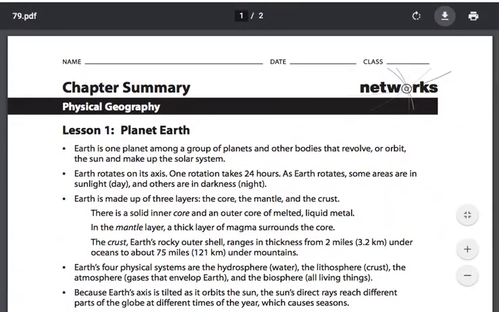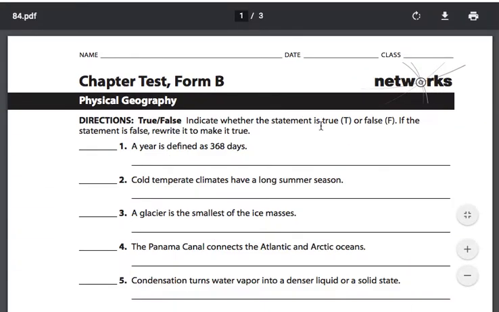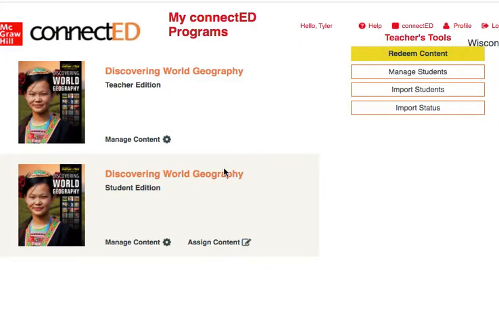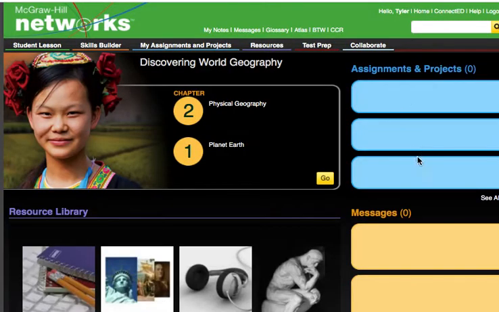If I go to the actual test itself, the paper form looks like this. Your form online is going to be a little bit different. You would go to our connected page. You obviously have the student edition on your page. And over here on the right hand side again, you're going to have those assignments and projects. If those quizzes are still listed here, I'll take those down. But if